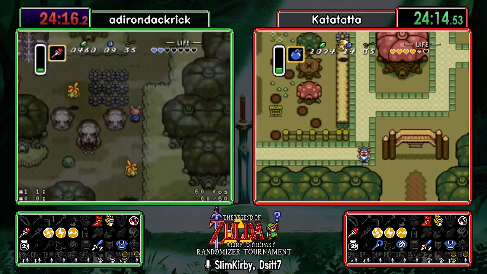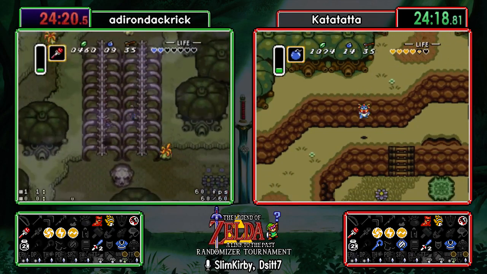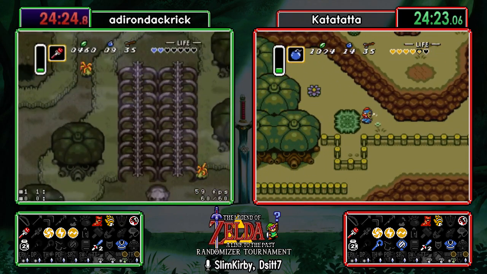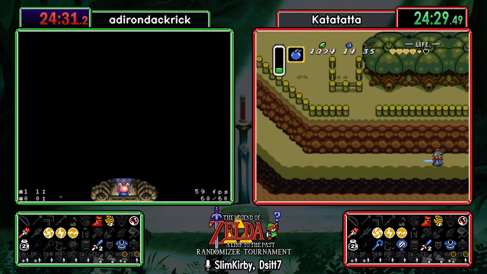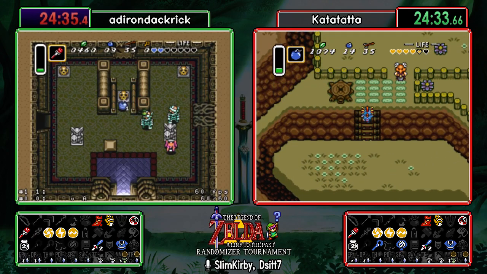It honestly may not be a bad idea to wait on Thieves' Town anyway, because they do not have the hammer yet, and there is a potential for something in that big chest which you would need the hammer to get to. And Katatatta's just skipping the dungeons entirely right now and going for the shovel game, and... well...